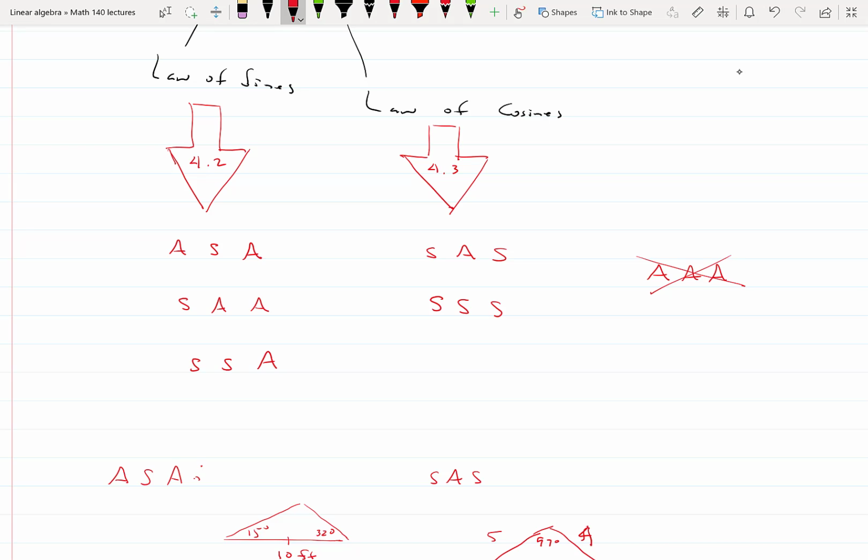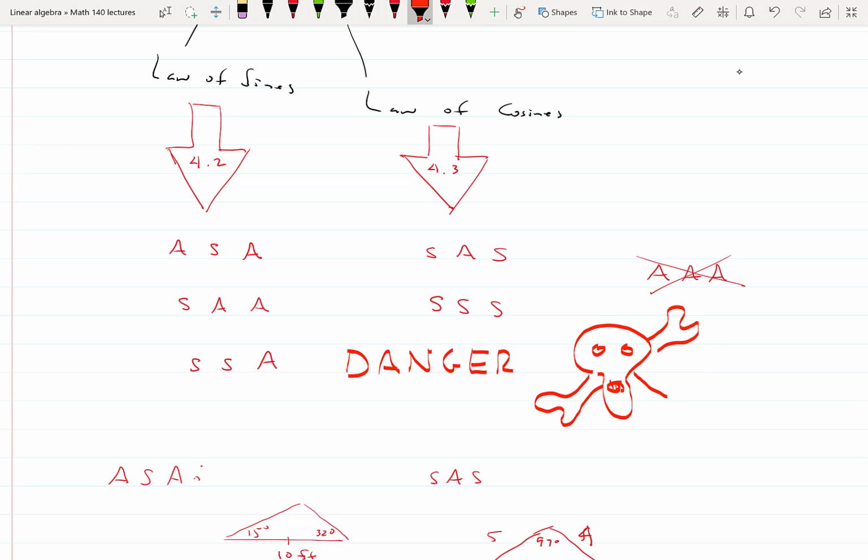The case side, side, angle. I'm going to write this so that you're most likely to remember this. I'm going to go to a big bold red. This is danger. I'll put danger here. I'll even use some of my fantastic drawing skills to draw the ugliest skull and crossbones that I can imagine drawing. And I'm doing this on purpose. You're thinking, oh my God, he's wasting our time with his drawing. I'm not really. I'm trying to save you ahead of time